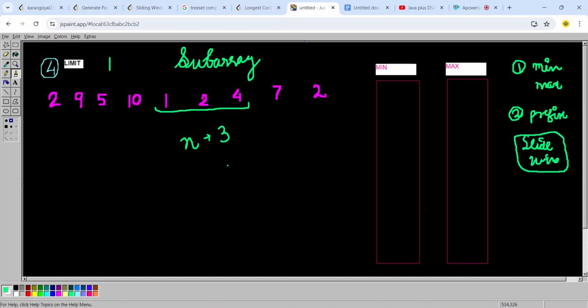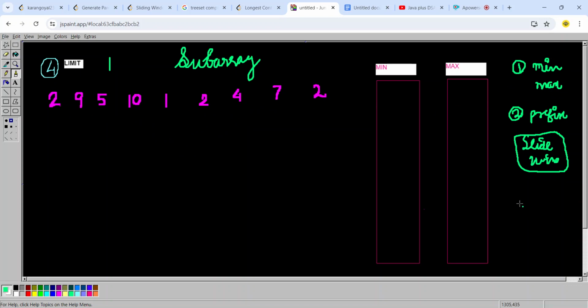So what other hack can we use is to find the minimum and maximum of this subarray. The minimum is 1, the maximum is 4. When you find the difference, which is 3, it is less than or equal to 4, right? Now consider this huge subarray. The minimum is 1, the maximum is 10, so the difference is 9. If you find one difference, you don't have to find other element differences. So you have to find the minimum and maximum of a subarray in this question, right?